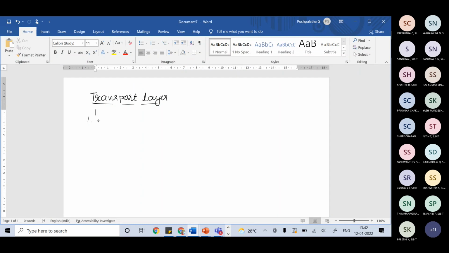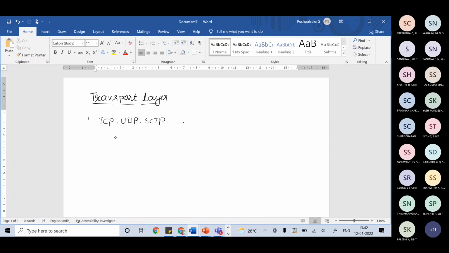Now we try to see that there are many protocols in the transport layer. What are those protocols? One is TCP, UDP, and we even saw SCTP. So a lot of protocols are meant for the transport layer.